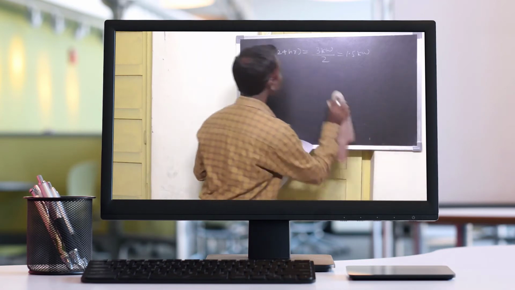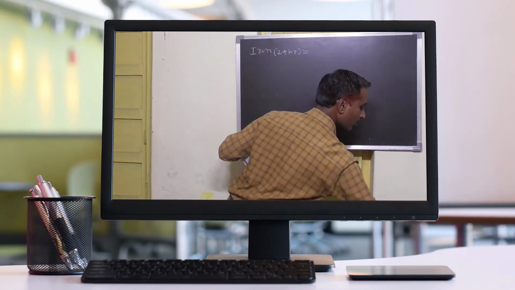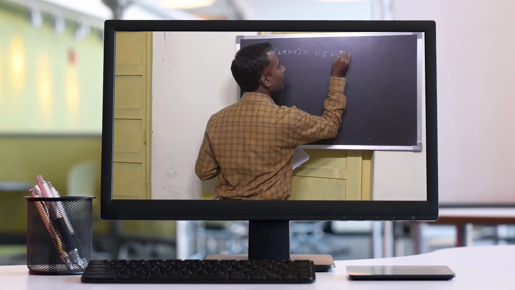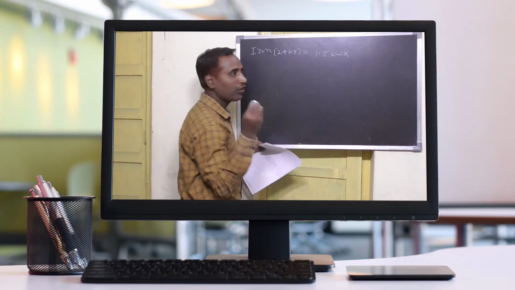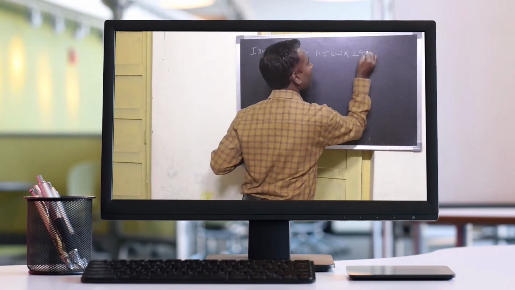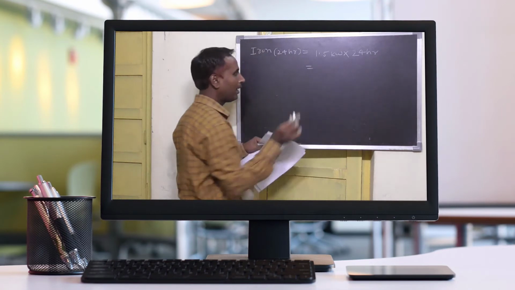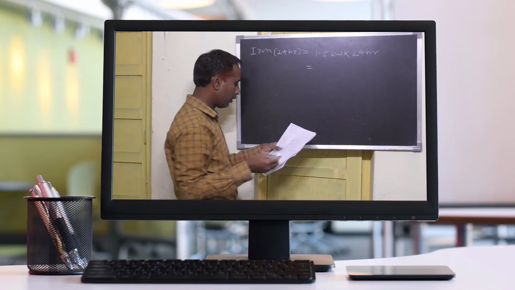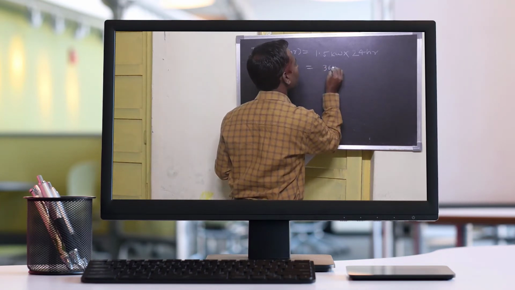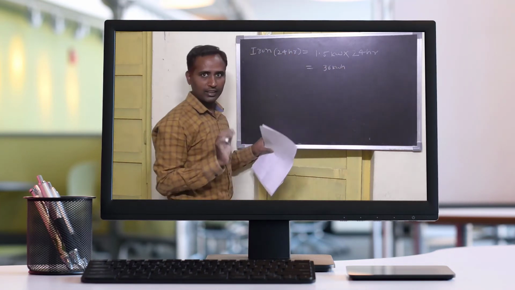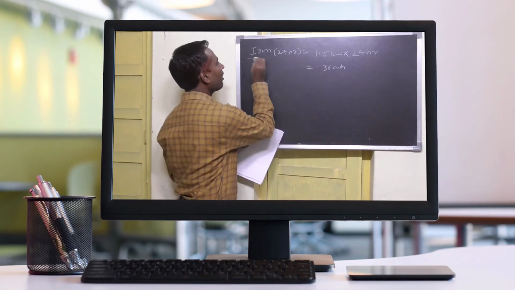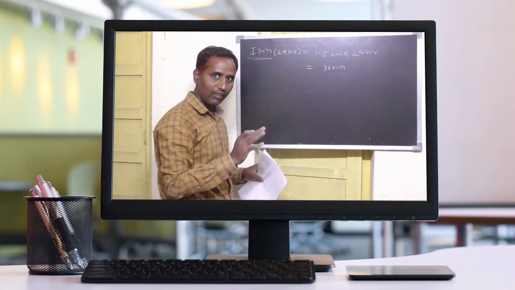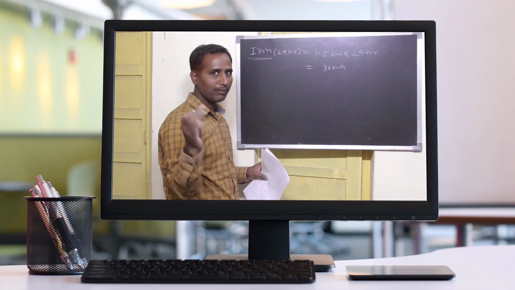Okay, I will erase this. So my iron loss is 1.5 kilowatt, for how much hour? For 24 hour. I am finding the iron loss for 24 hour. If I multiply this, how much will I get? 36 kilowatt hour. This is understood. We found the iron loss for 24 hour. Now we are going to find the copper loss for 3 hour, for 4 hour, and for the remaining hour.